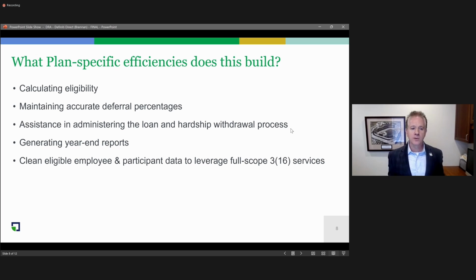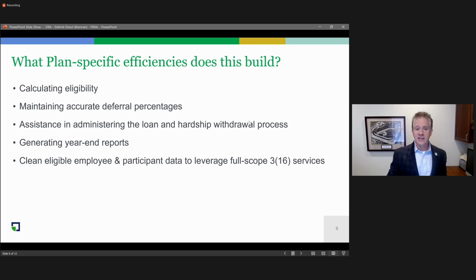I mentioned year-end reporting. Think about the time and effort that typically goes into folks sending out their year-end data questionnaire for compliance testing. No longer having to do that with a plan sponsor, and knowing that you have complete and accurate data the first time that report is pulled down from the payroll vendor, and not having to go back and forth for missing data, or this person's hire date wasn't included, or we're missing this component of compensation. All of that is resolved by utilizing this service program.